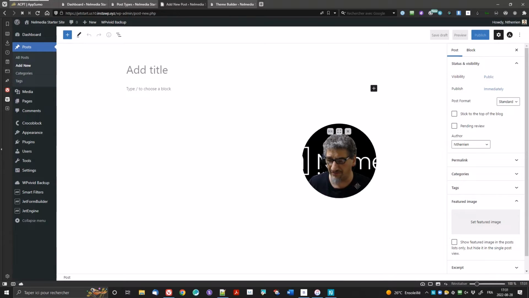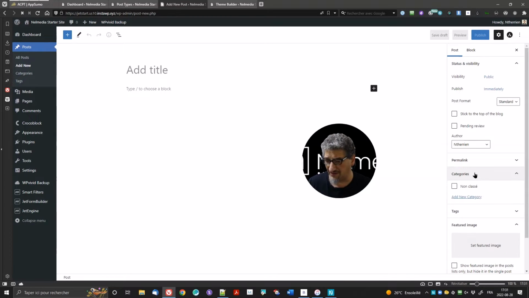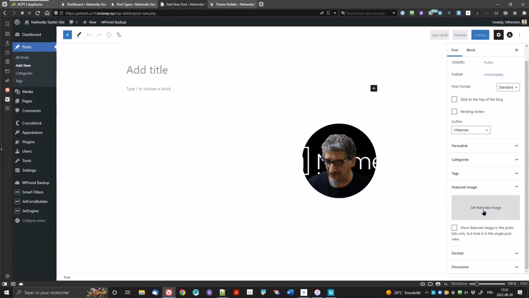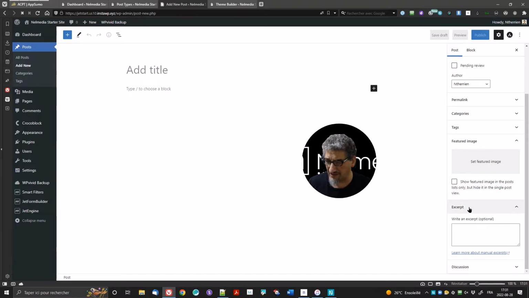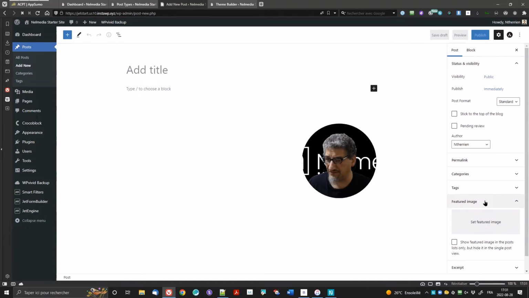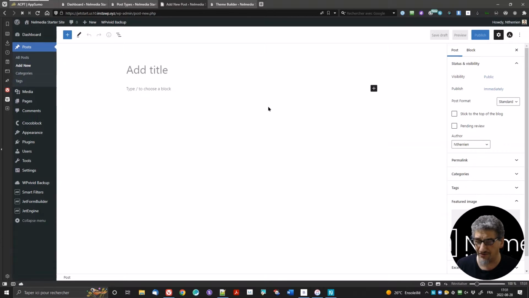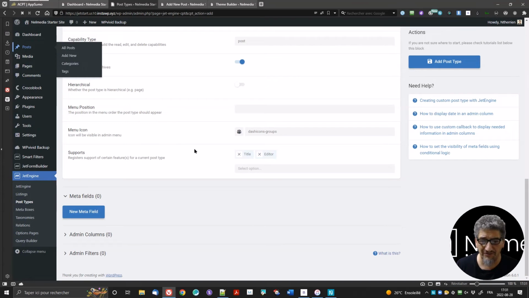But what is more important, maybe, the categories. And in our case, if you remember, for a custom post type, it's going to be called a taxonomy. And we also have the featured image. We can have excerpt as well and things like that. Okay, so these are all integrated things for WordPress. If we want to use any of those or all of those, this is what we're going to decide here